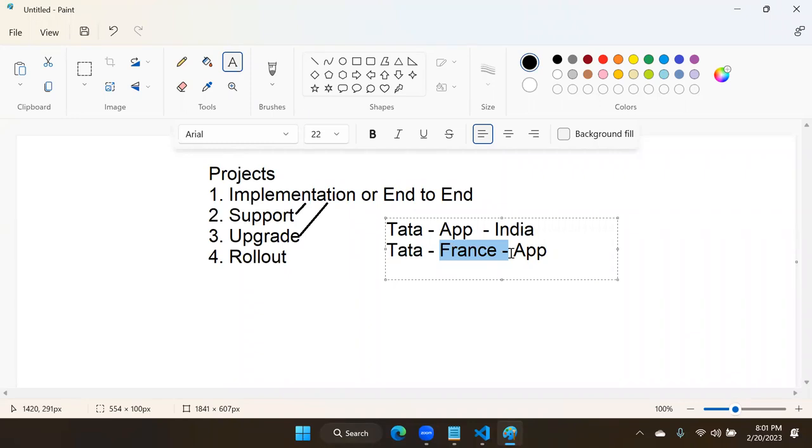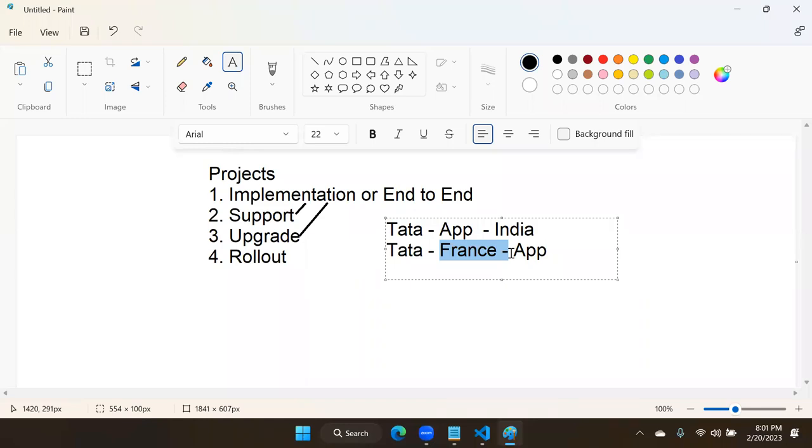Because actually what happens is, if you are giving support from here, their timings will mismatch, their holidays will mismatch. Our developers need to stay awake late nights, 2-3 a.m., to give support to them. That is risky. Then what the client says is, you send your expert to our place. Then what your company will do, your company will recommend